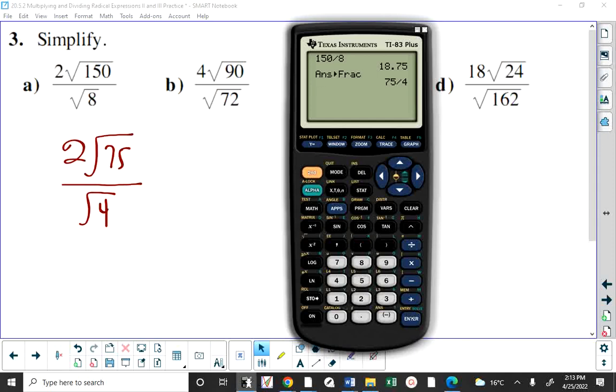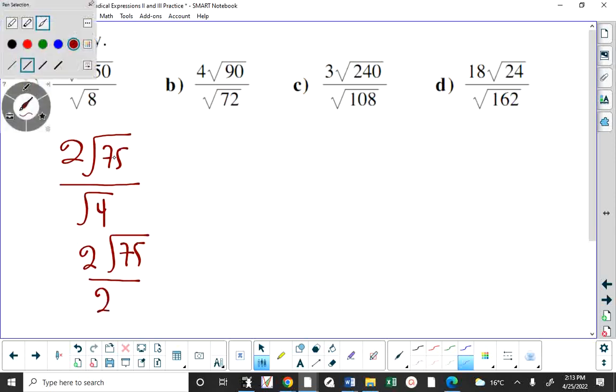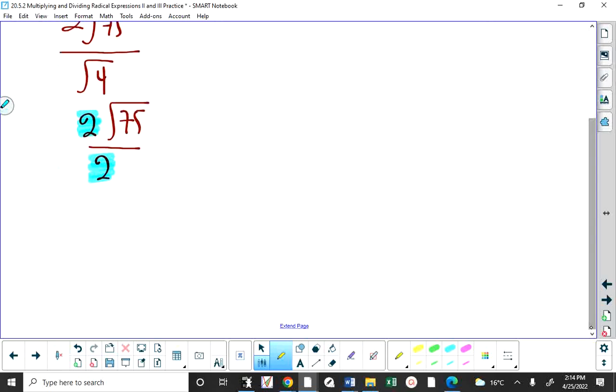Anyway, we kind of lucked out here because root 4 is 2. So I end up with 2 root 75 over 2. This is a coefficient because it's not under the radical sign. This is a coefficient because it's not under a radical sign, so they cancel. You're left with root 75, and now we are back to